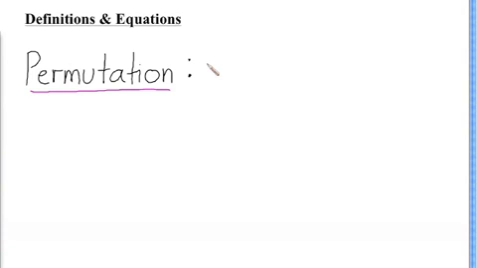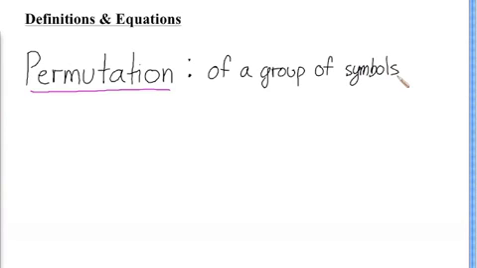A permutation of a group of symbols like A, B, and C. Symbols can be anything, by the way. They can be letters, numbers, fruits, people, whatever they are. The permutation of a group of symbols is any arrangement of those symbols